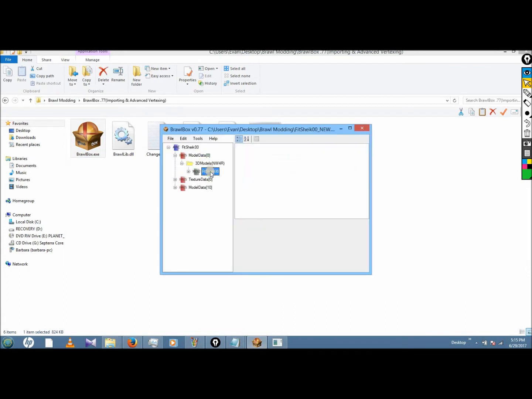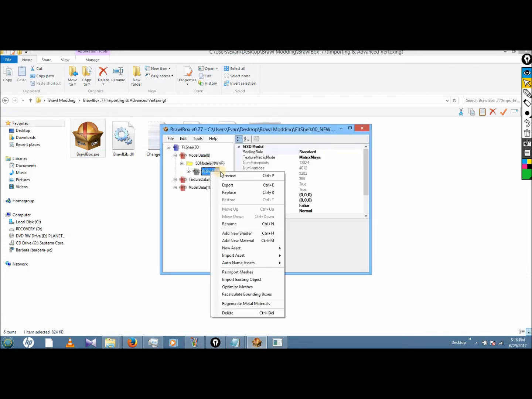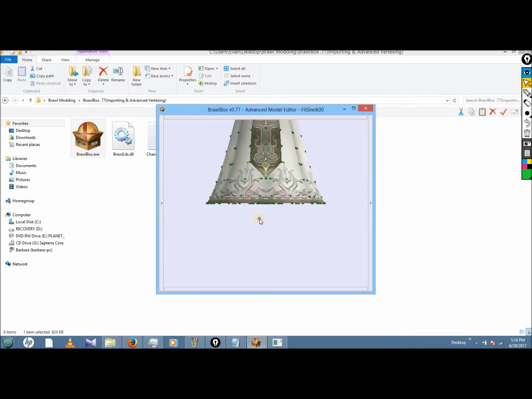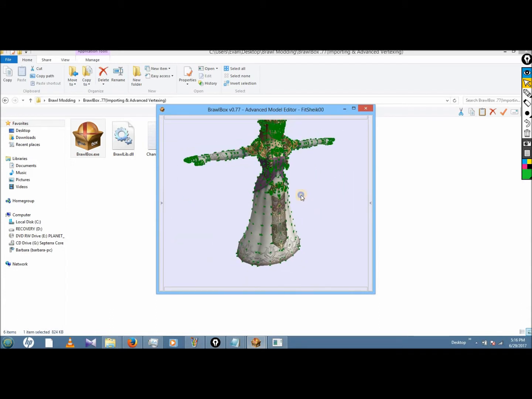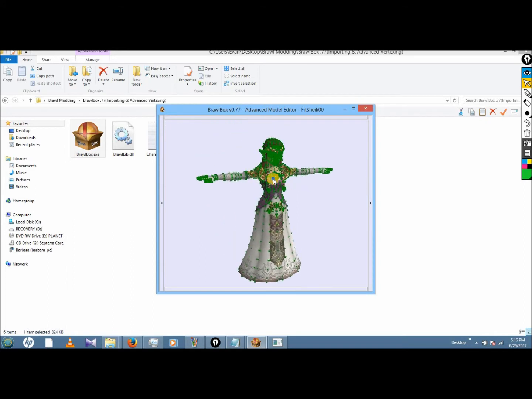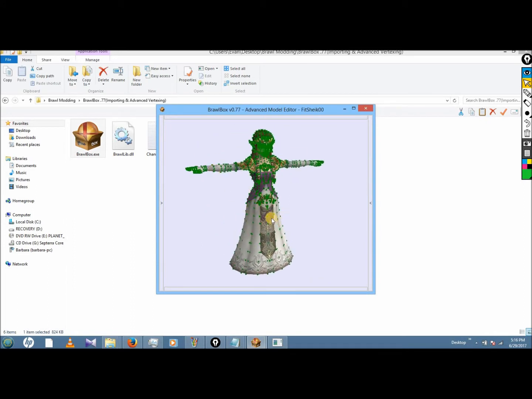Part 1, what we did when previewing the model was we edited the rigging in Brawlbox, but because this is an entire dress and extremely skinned and that would be difficult to rig in Brawlbox, we're going to rig it in Blender. So starting from here is where the tutorial gets completely different.